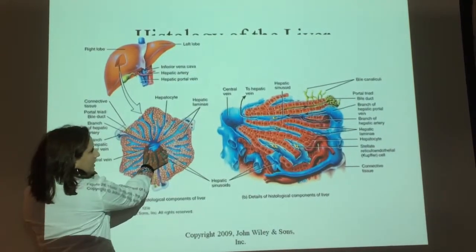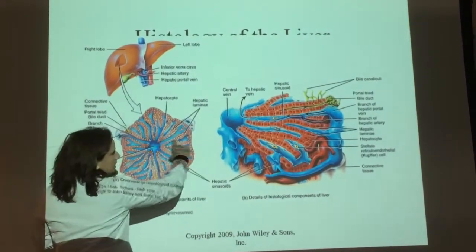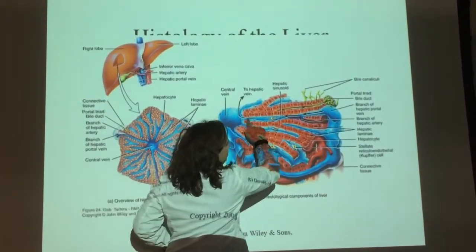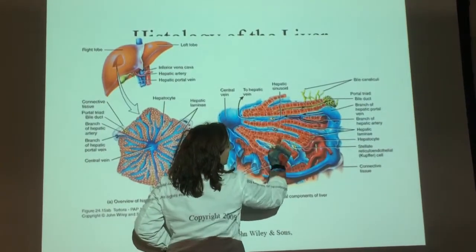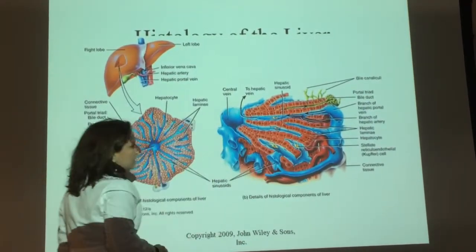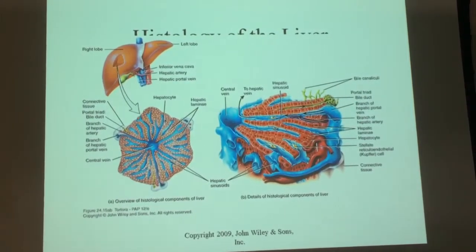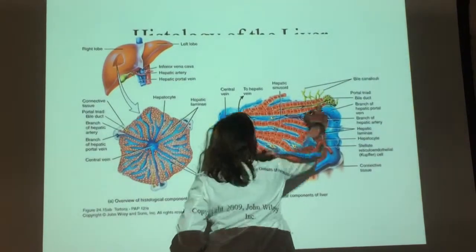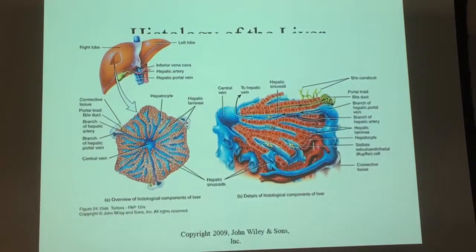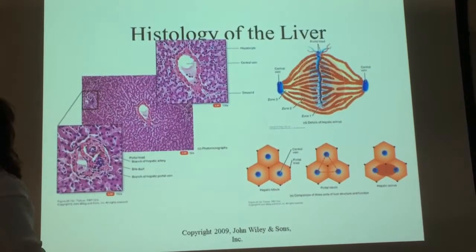We're just taking this section right here. That's it right there. And then this section here are the sinusoids, here are the hepatocytes in layers or laminae. Okay, and then there's a little bile duct here, which is in green. So when you look at this right here,